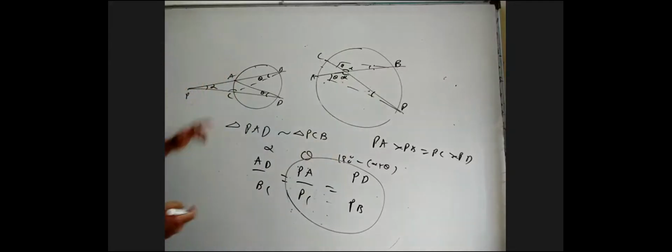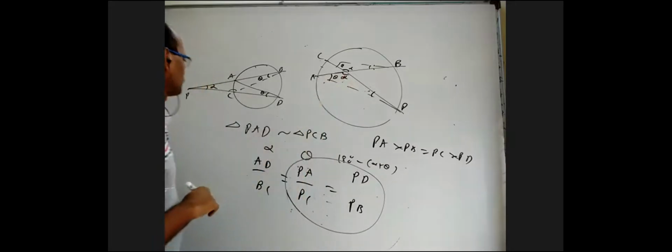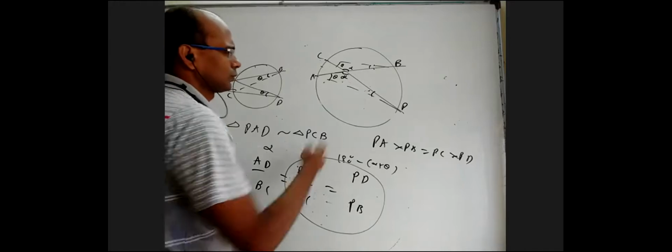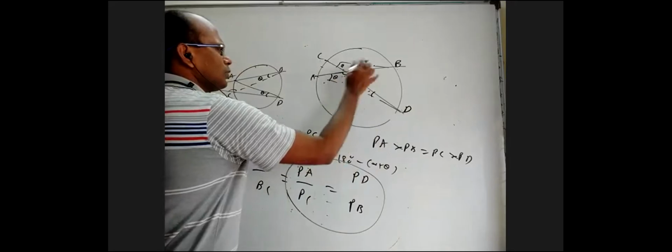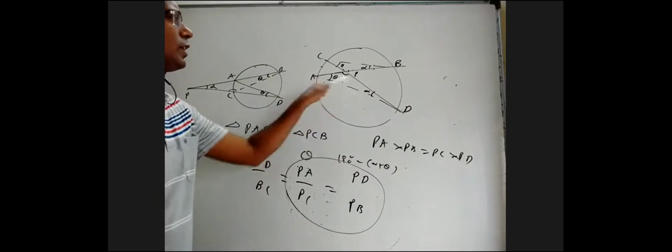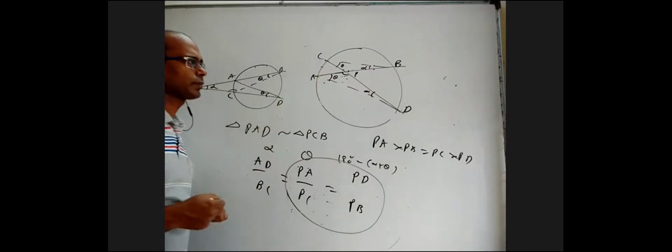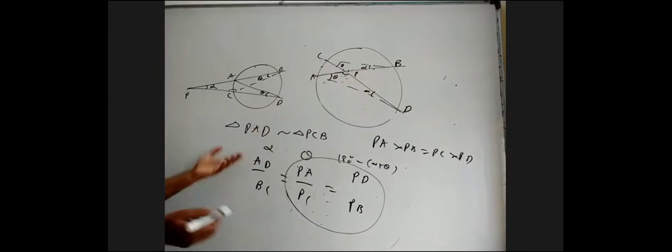Doesn't matter. Opposite to AD, I should take alpha. Opposite to PA, I should take theta. You can take alpha here, nothing wrong. So here also, the same triangles PAD and PBC are similar. These two are similar triangles, so you can easily understand what is happening. This side by this side equals this side by this side. You can do cross multiplication. From both figures, the same explanation.